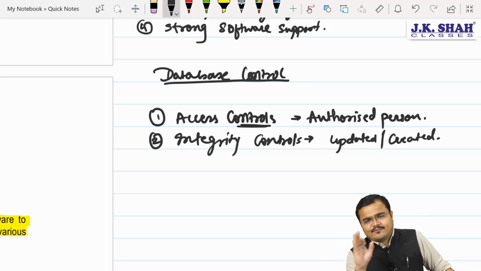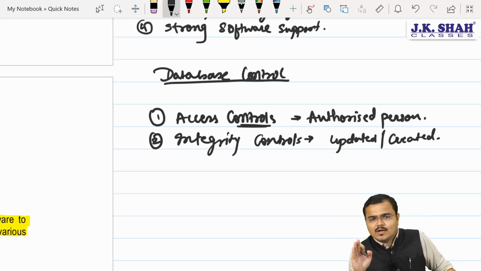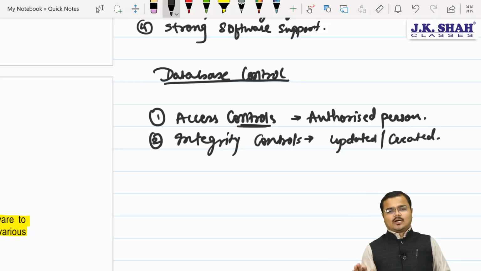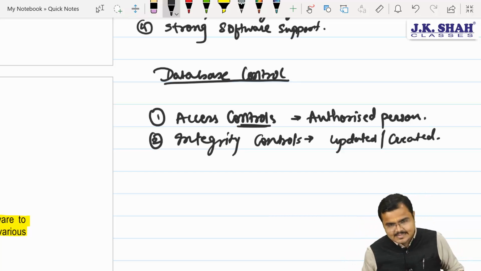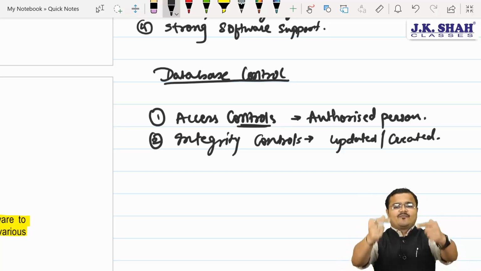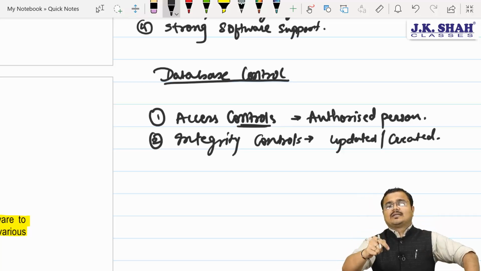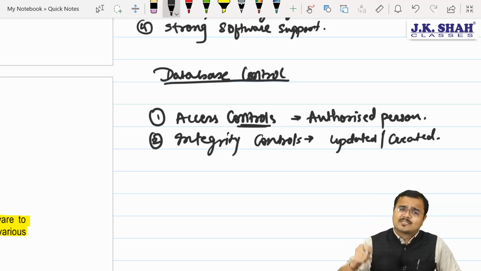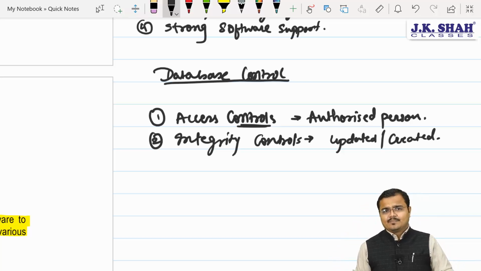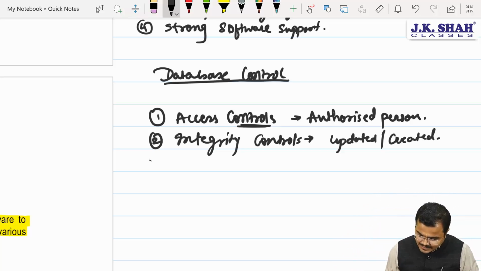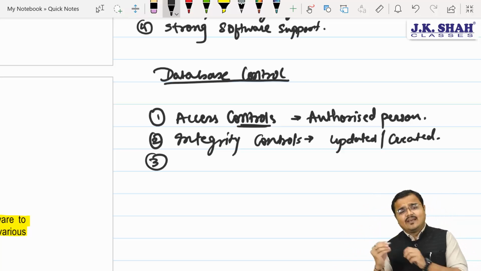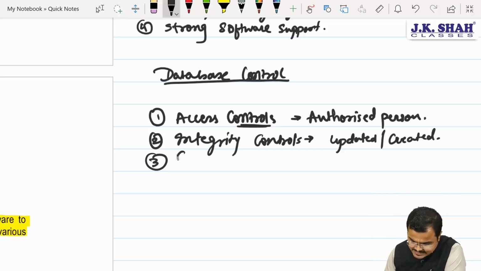Try to identify. First, I had asked for the mobile number from you. We had made the best input controls, so that the mobile number cannot be less than 10 digits, correct? Yes, sir. But when I am allowing you to modify your mobile number, I need to make sure that the integrity of that database is maintained. Am I very clear to you? Yes, sir. Further, number 3, Chartered, a very important one, called concurrency controls.